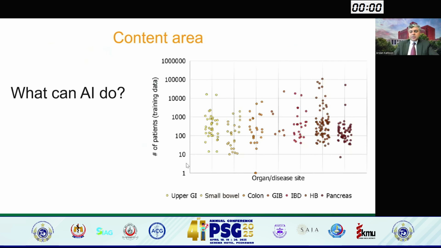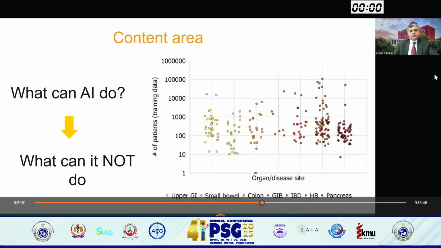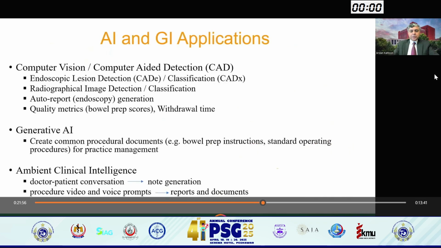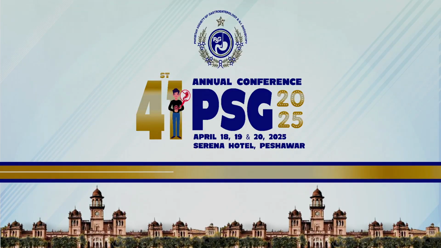So the question at this time that we have to ask ourselves is not just what AI can do at this time, is it truly what AI cannot do? So pretty much every area that we are looking at in our regular practice, there are platforms that are being developed and being validated that can help us. So if you really look at where we are in terms of applications, most of you must have been aware of some of these CAD-eye systems, where endoscopic lesion detection systems are readily available that can look at polyps.